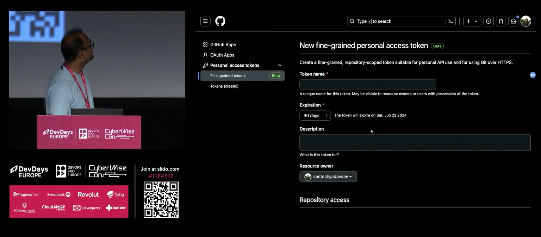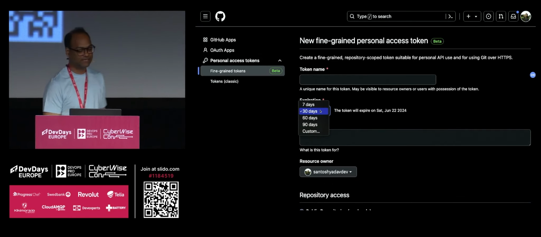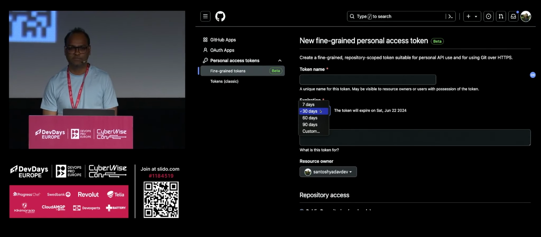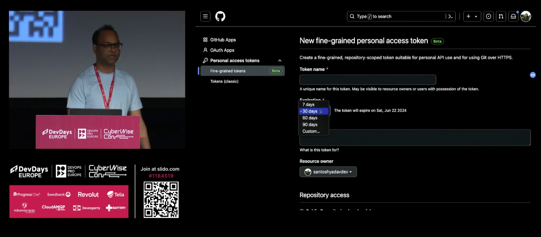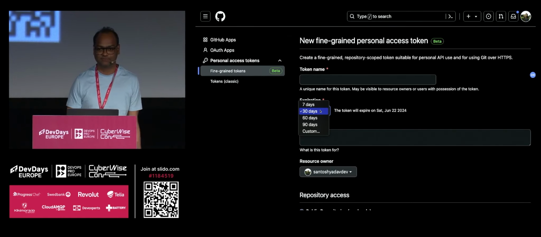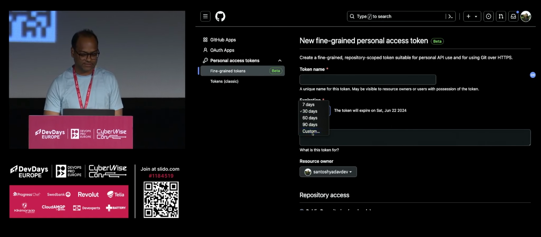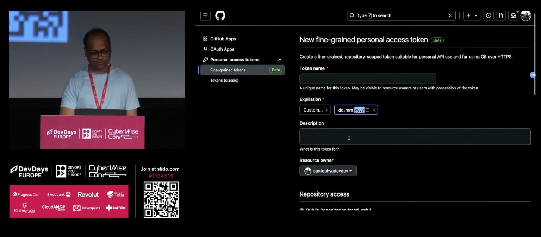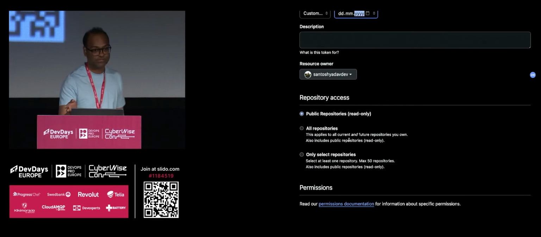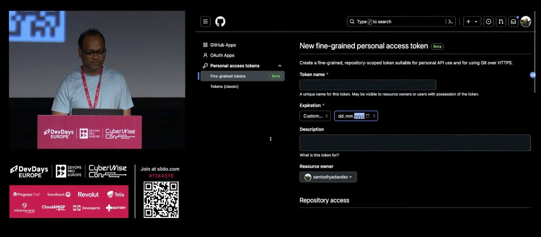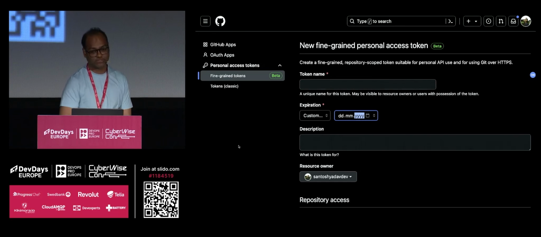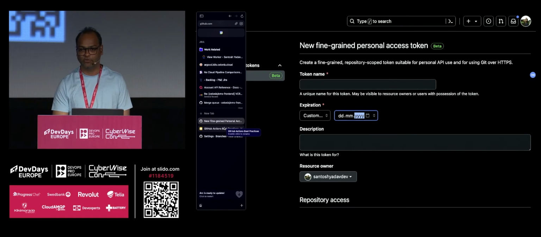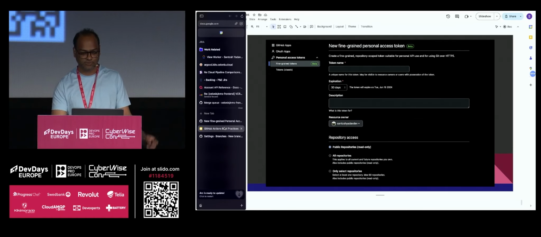Okay. Hope no one saw my password. So you can see now you can actually set the custom expiry. Let's say if you want a one-time token, which is only for limited time, you can do that now. So you can set a 7 days token, and then it gets expired. Or you can just say custom, like, of course, I want to make sure that it expires on this day. So this is a good thing. Move all your personal access tokens to fine-grained PATs as soon as you can. It's still in beta, in case you don't have access, probably you can enable it by going to feature preview, right? You all know how to access feature preview.